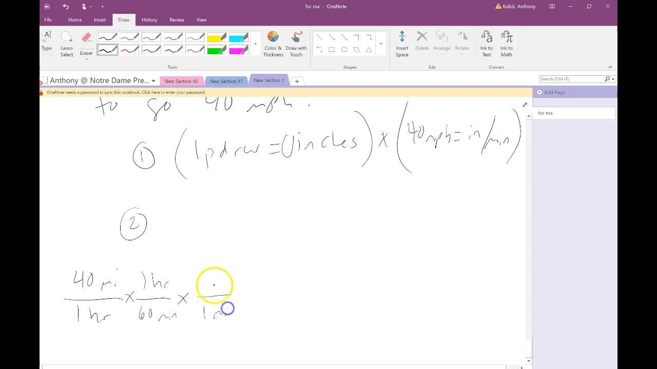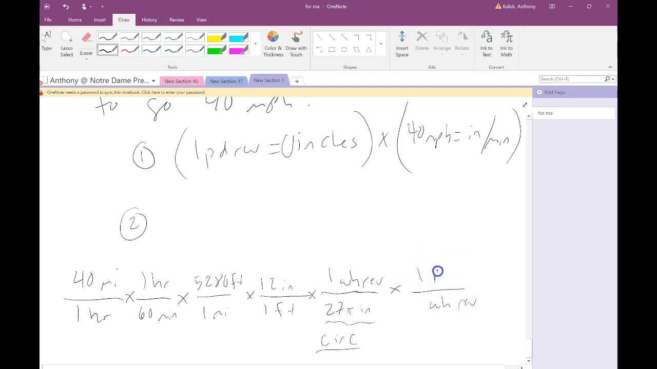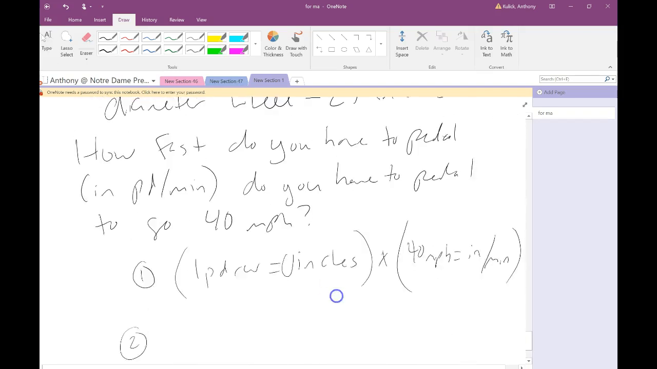So I know 1 mile is 5,280 feet, and I know that 1 foot is 12 inches, and I know that 27 pi inches is 1 wheel rev. Where in the world is 27 pi coming from? What's the circumference, right, of the wheel? And then I know that up in these tables above, I have a conversion from wheel revs to 1 pedal rev. If I wanted to do this in the most efficient way possible,